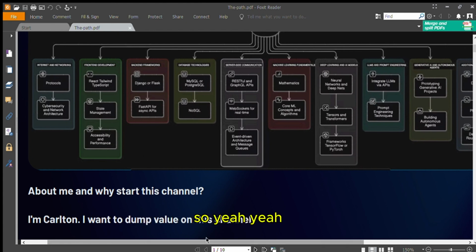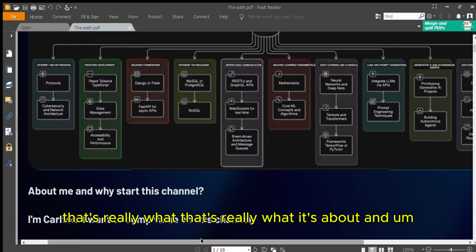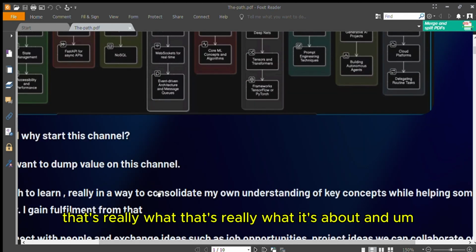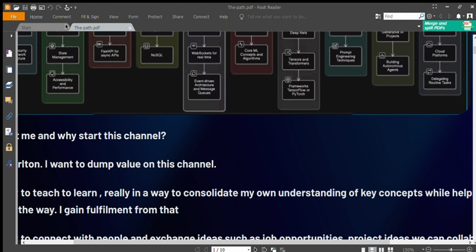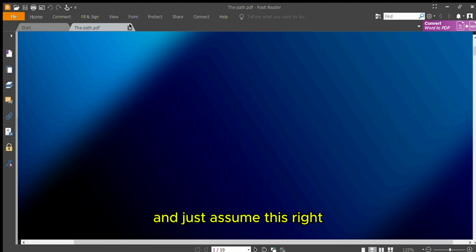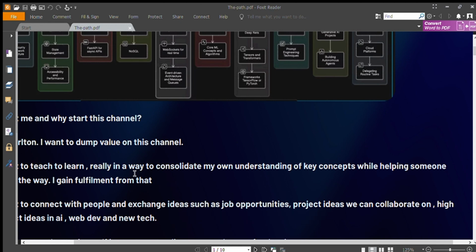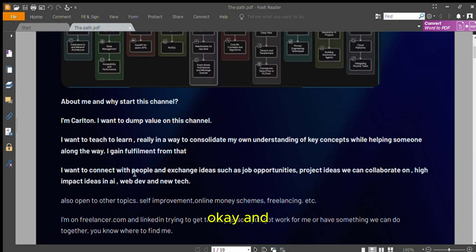So that's really what it's about. And just zoom this right. Okay, and